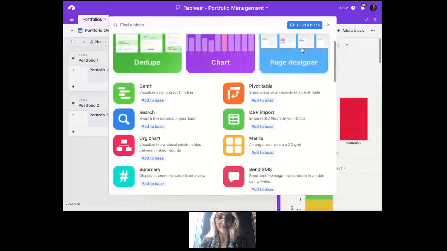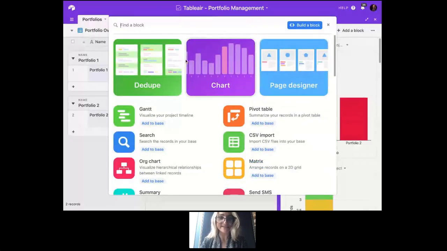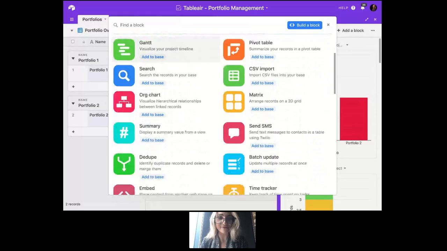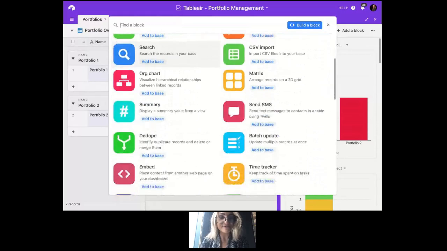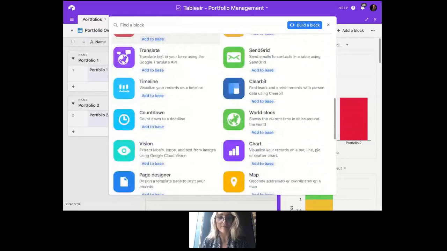I definitely encourage you, if you're on the Pro plan and have access to the blocks, or if you're not quite on the Pro plan but want to explore the blocks, to potentially consider it. Taking a look through the full menu, we have quite a few and they're really fun. If you do find a block that you are interested in and you want to learn more about it, you